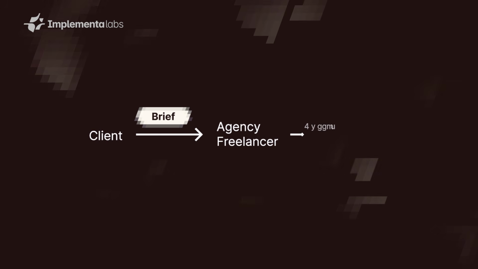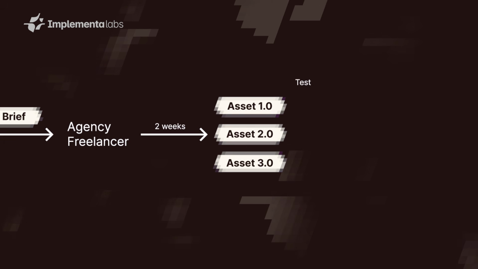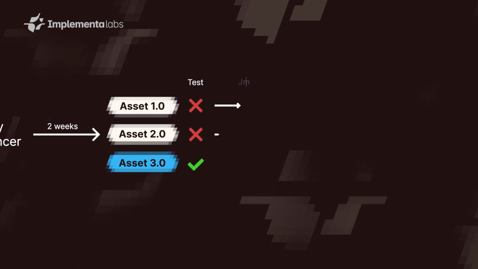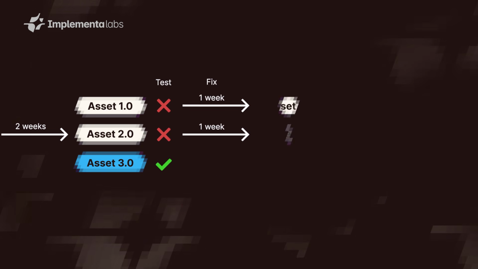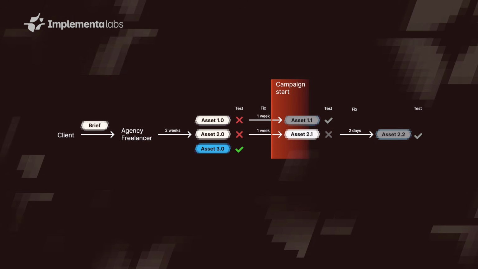Here's the traditional content production model that most small and mid-sized companies still run. You brief an agency or freelancer. They ask for a 2-week turnaround. You get back 3 to 5 assets. You test them. 2 don't work. You go back for revisions. Another week. By the time you have something you can actually scale with, the campaign window has passed or your